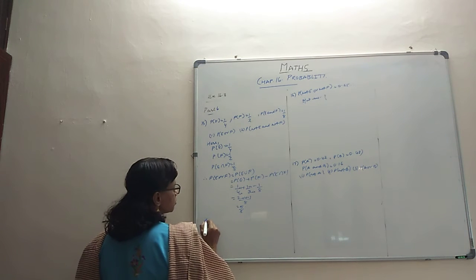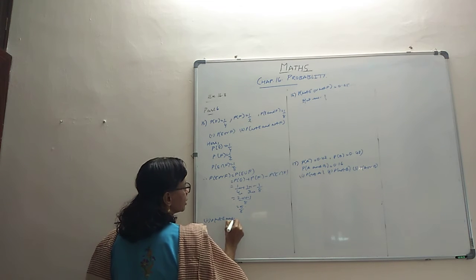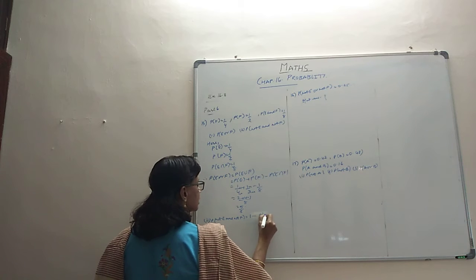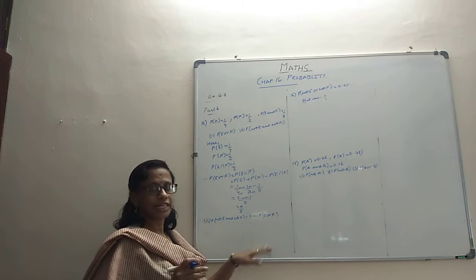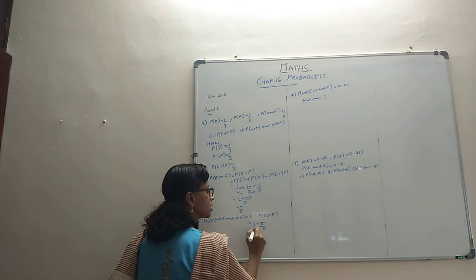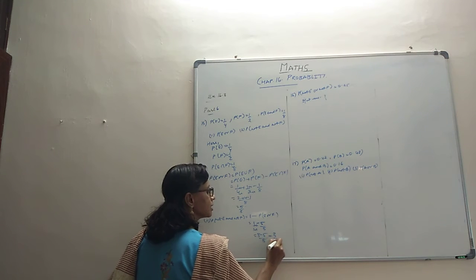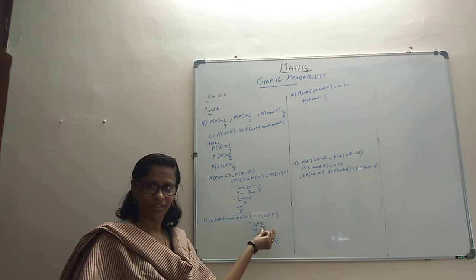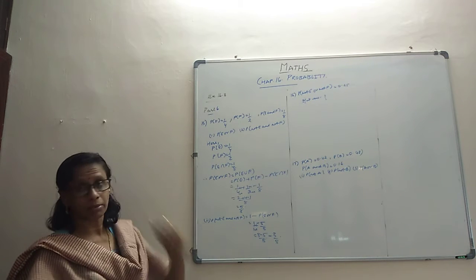Then they ask us probability of not E and not F. Because these are complement events, we can write it as 1 minus the probability of E or F. And this value we know, it is 1 minus 5 by 8. We equalize the denominators and we get 8 minus 5 by 8, which is 3 by 8. So probability of not E and not F is 3 by 8. We get it by this formula, so we have to keep that formula in our mind. So that's about it. We go to problem number 16.